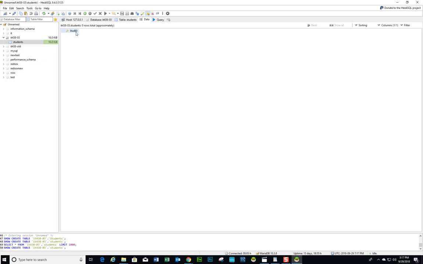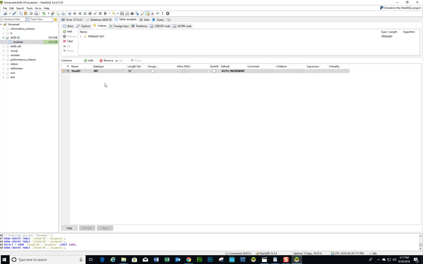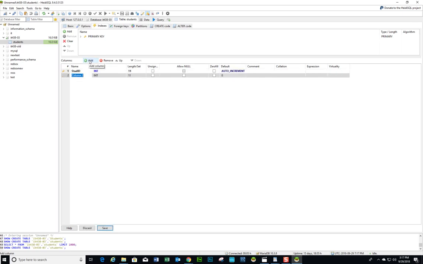Now we have the student ID as the index, so on and so forth, but we don't have any other columns except for student index. So what we need to do is go back into the table, and add some more columns. So again, click on add, and let's do last name. So we'll do stud